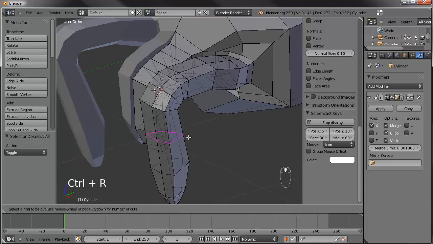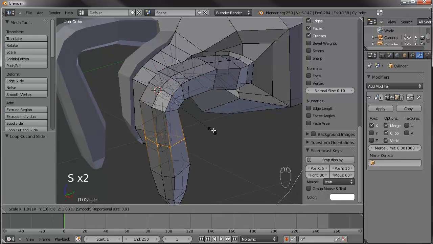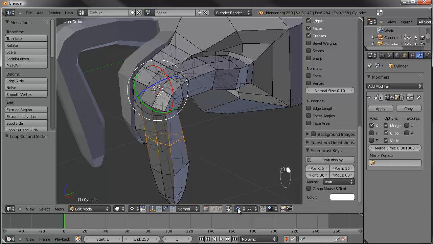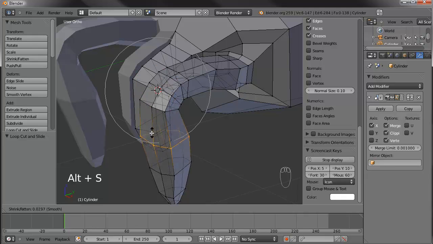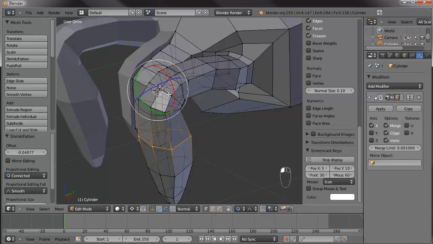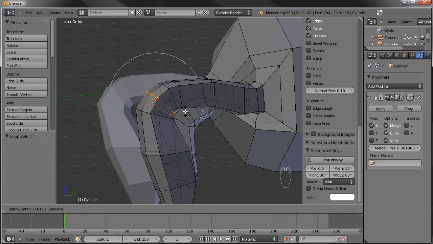Tell you what, let's do. Let's add one more loop right there, and let's scale it up. So put the influence of the proportional editing. And actually, let's hit Alt-S to make it skinnier and along its normals instead of just making it bigger. Let's grab this middle vertex loop on the joint there and make that a little bit fatter as well. So we get a little bit of sharper edge there